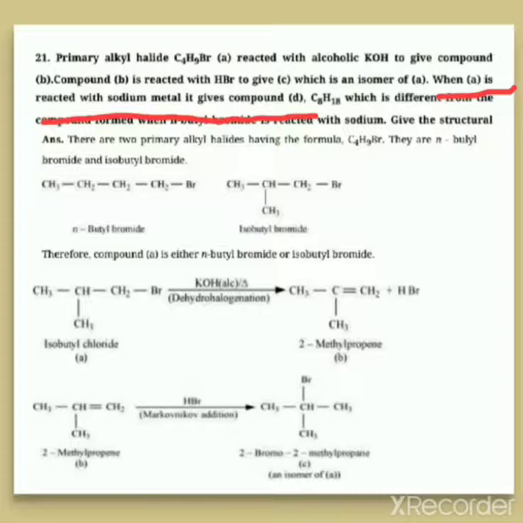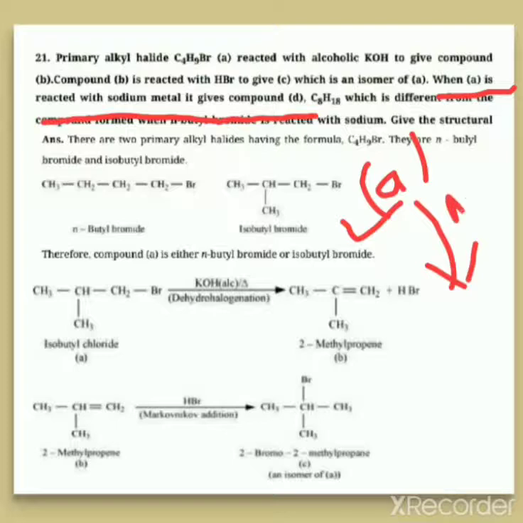As we have selected which one is A, we got this is the A structure, as we have proved it. Now we have to do the reaction for this, that is a reaction with sodium. That's a Wurtz reaction, alkyl halide, and this reaction is the Wurtz reaction. So it will come up with this product, and the molecular formula is given, C8H18. So do the Wurtz reaction for this one.